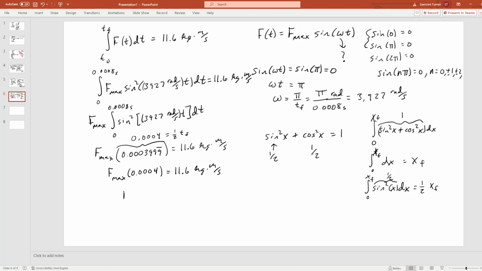And so now we can find f max by taking 11.6 and dividing by 0.0004, which is 29,000 newtons. So your baseball in a major league setting is going to experience on the order of 30,000 newtons